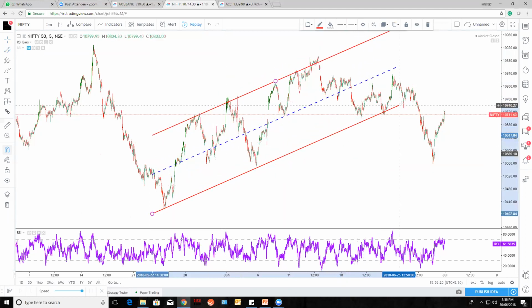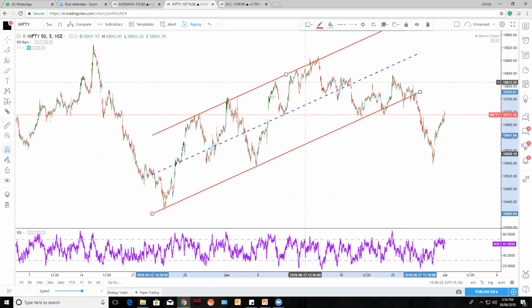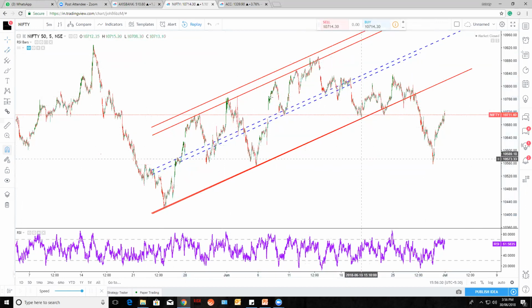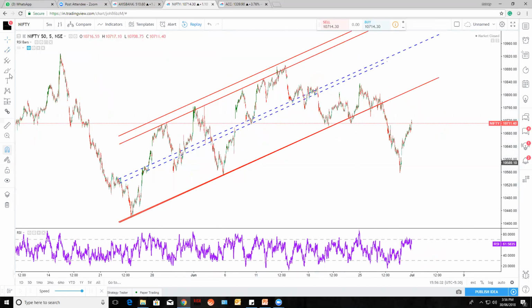Let's say this is a channel. The price is still going higher, then you can make a zone of support and zone of resistance. Let's say these are the highest points. So that acts as reversal zones. It may go a little further, but it acts as a resistance zone.